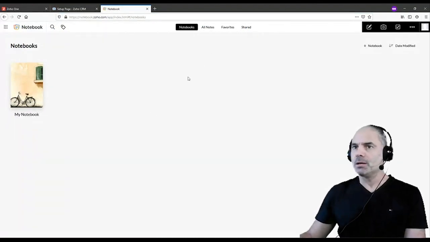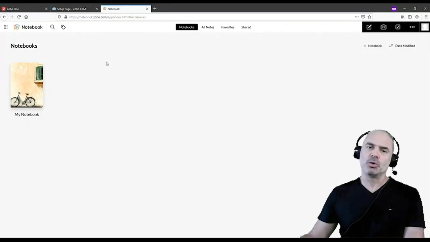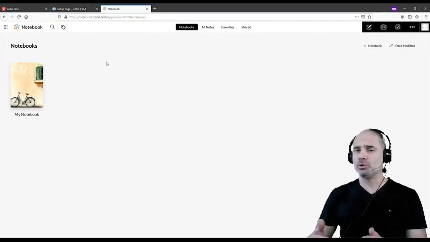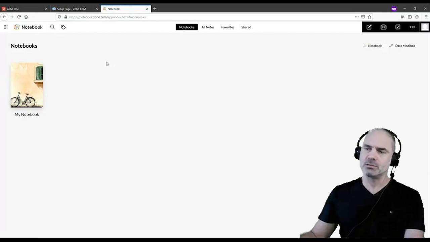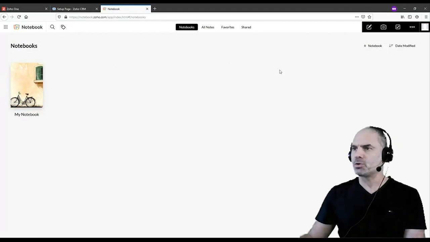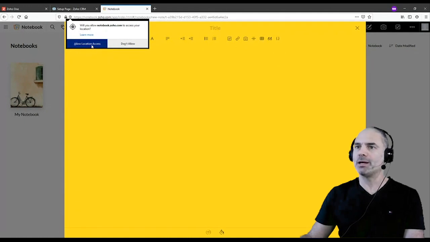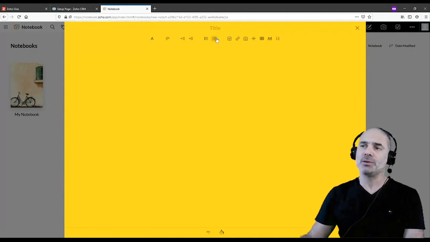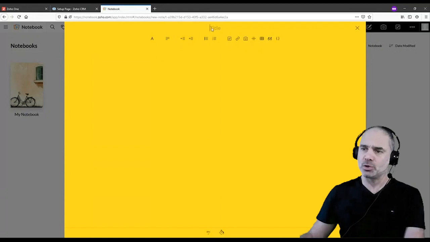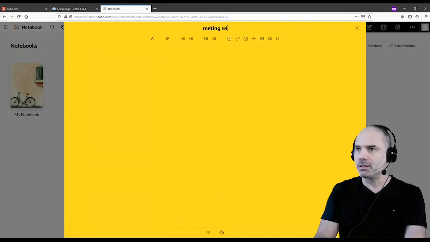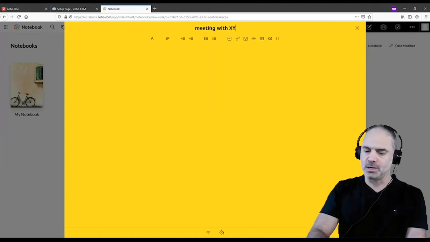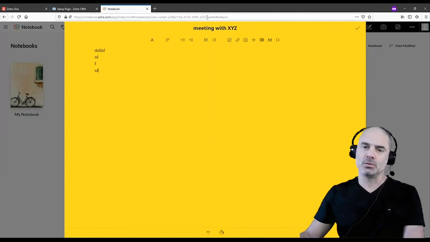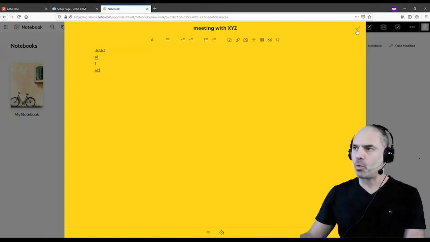Anyway, the idea of Zoho Notebook is that it's like the conventional notebook that you have, just on steroids. What does it mean? Let's assume that in the conventional way, you just have a way to create some notes, okay? So you have a title, meeting with X, Y, Z, and you write the notes here. So that's really the conventional way, and that's what we know for notes, okay?